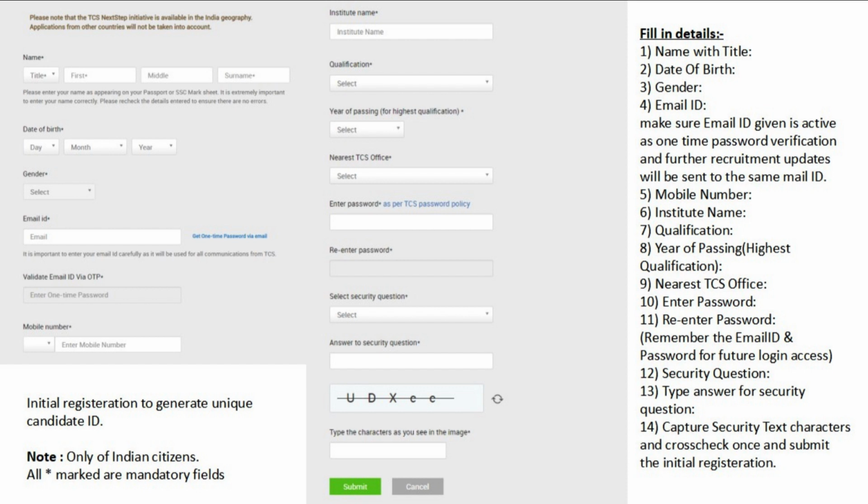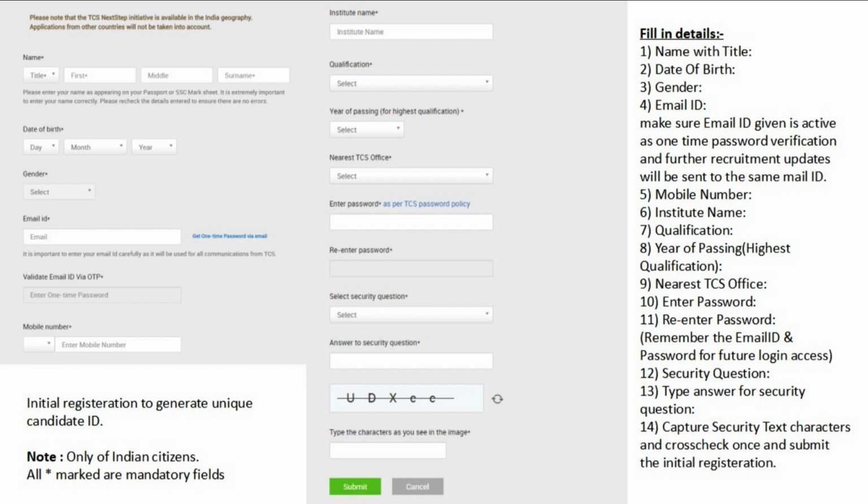Then click your mobile, give your mobile number, select +91 and then give your mobile number, country code and then the mobile number. Your institute name, so the institute name should be the current institute which you are pursuing your final year or the final year where you have completed, right, of your highest education. So if you are a BTech graduate, then the highest education would be BTech, and from which institute you have completed that BTech course, that institute name should be